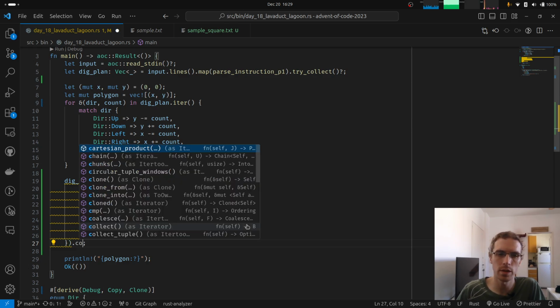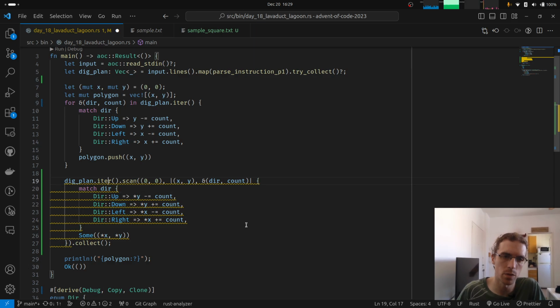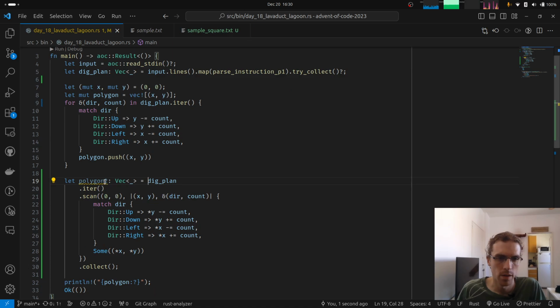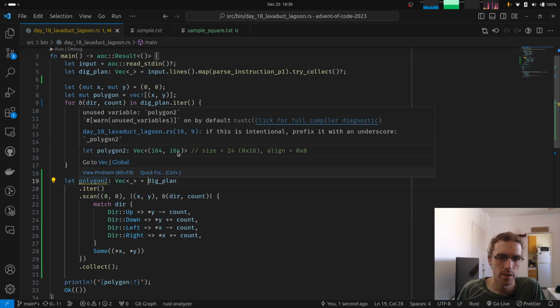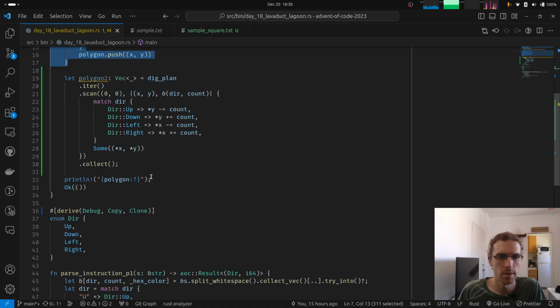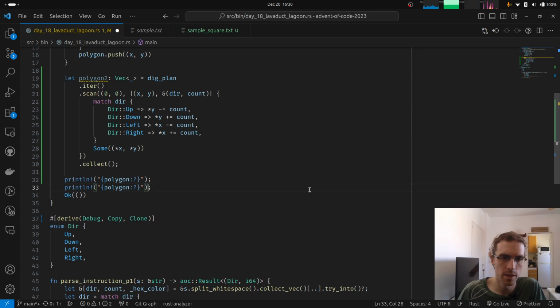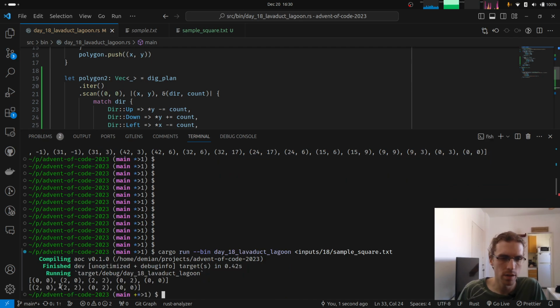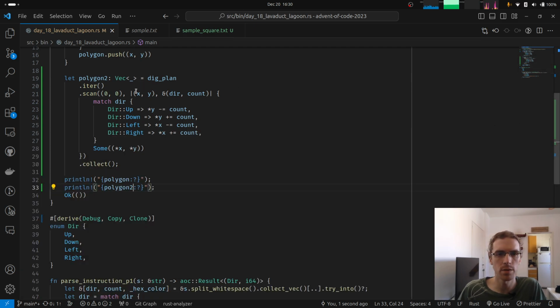What we will then do is collect these values, I guess, into, let's say, polygon 2. We need to say the type, but okay, the type is correct. And this thing is basically the same as this thing. Is this better? Questionable, but I actually don't know if it's better. Let's see if it's the same, because I think I will be missing the starting point. Let's run it with sample square. Yeah, okay, in polygon 2 we are missing the starting point, because that is like the seed for this